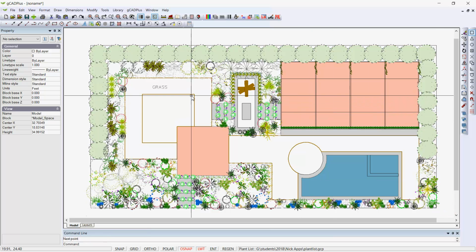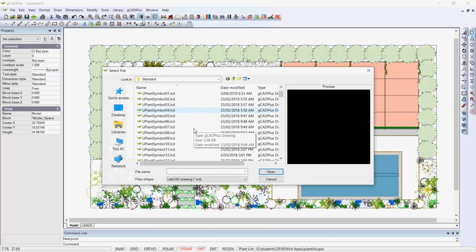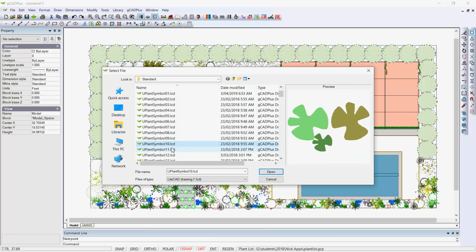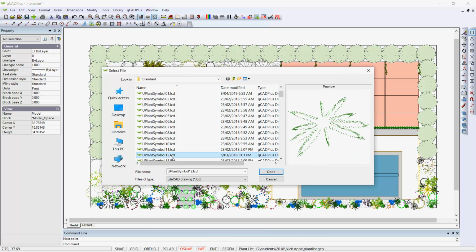So if you wanted to know the size of any, say, these hedge elements, just click and click from one side to the other, so they're 3 feet or so, 3.5 feet in diameter. And the symbols in gCADPlus, in the US environment and in the Imperial environment, are set so that if you go to the library and pick standard and say we want, say, a symbol for, let's say, a tall